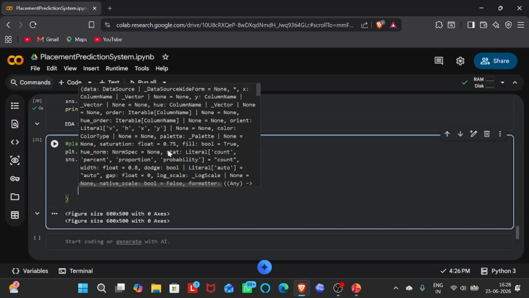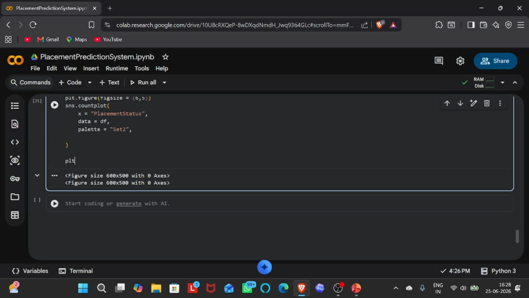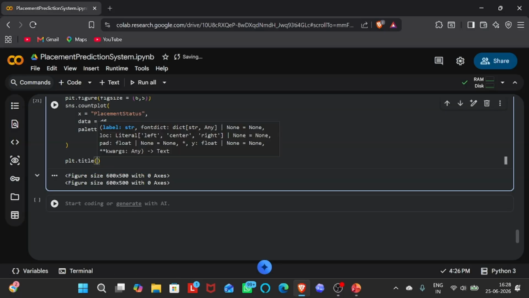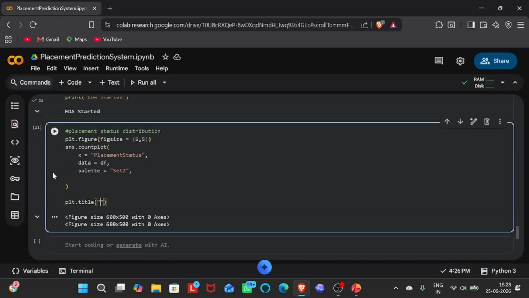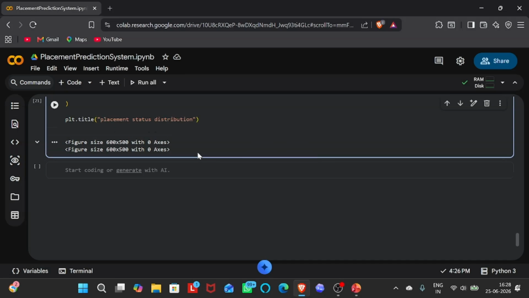Okay, so now we will give the title. So how are we giving the title? plt.title. तो हम लोग टाइटल क्या देना चाहते हैं? प्लेसमेंट स्टेटस डिस्ट्रीब्यूशन। ओके, सो हियर हम लोगों ने एक बार लिख ही लिया तो बार बार क्यों ही लिखना। इसको कॉपी करो, यहाँ पे पेस्ट करो। ओके, अब हमारा plt.xlabel. तो एक्स लेबल में हम लोग क्या देंगे? प्लेसमेंट स्टेटस।